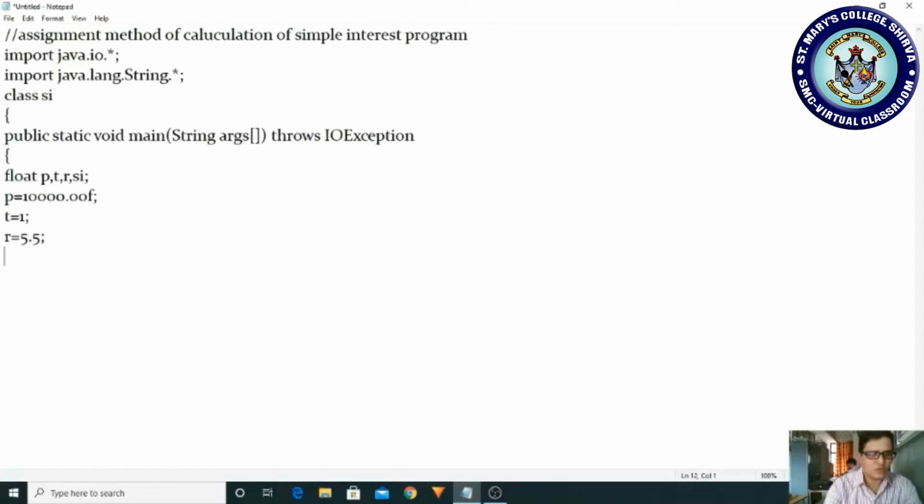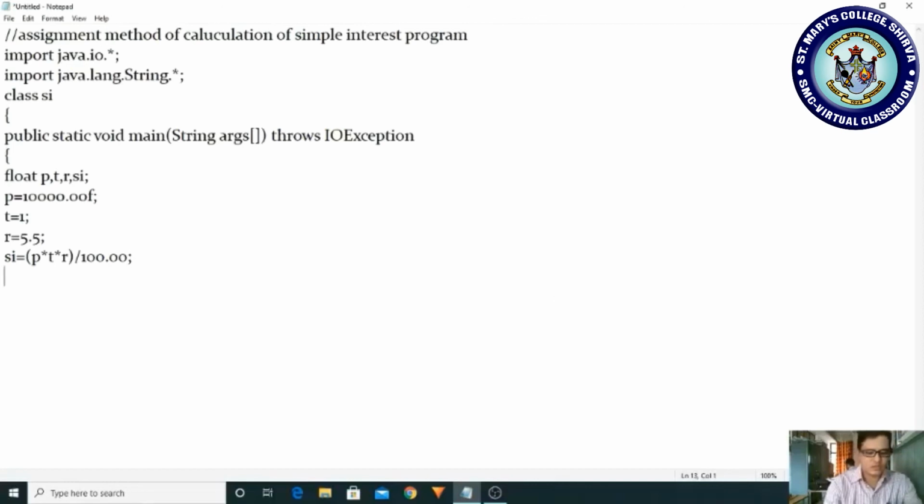Now we want to calculate the simple interest. How to calculate? By typing the formula. It is better to always keep it in parentheses: p into t into r within brackets, divided by 100.00. It is better to take 100.00 because you are calculating in float.